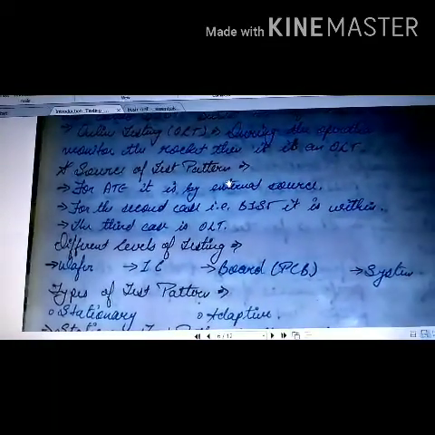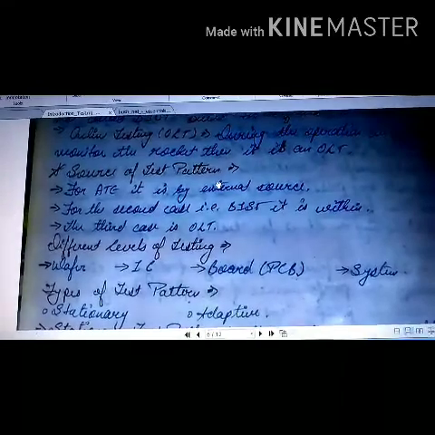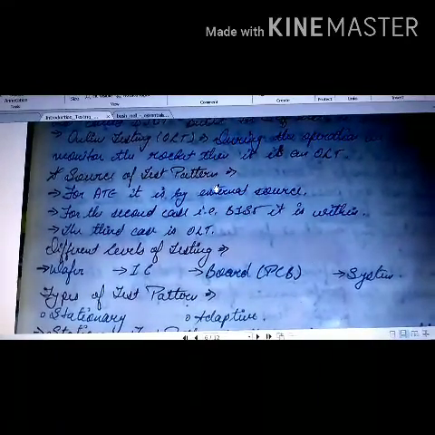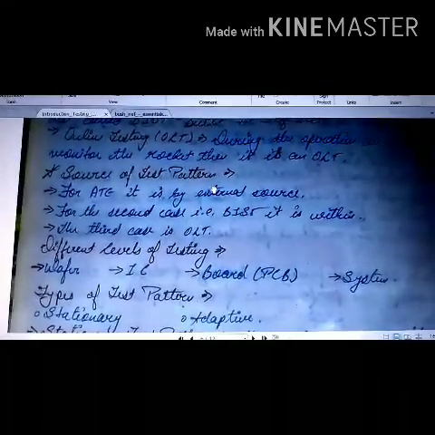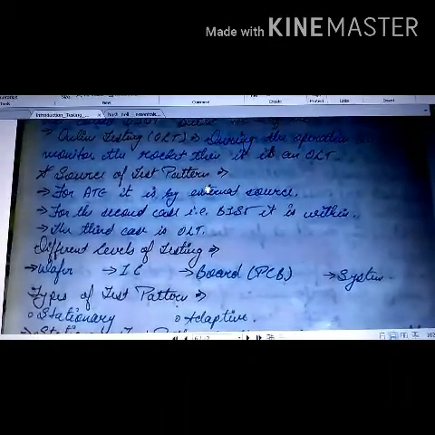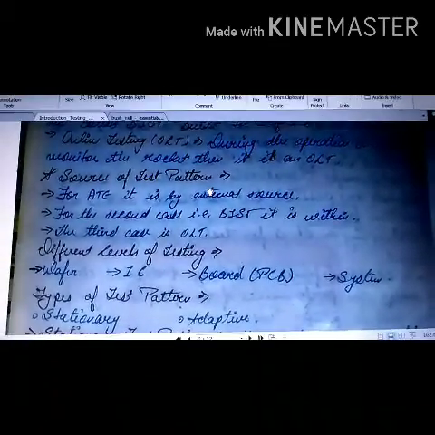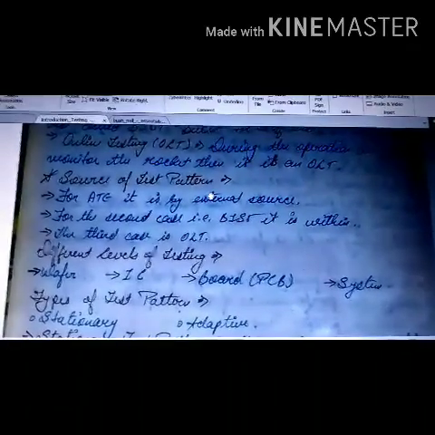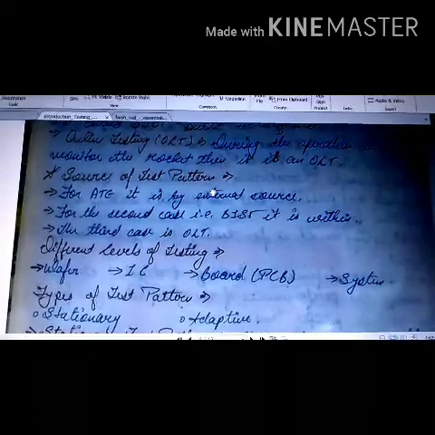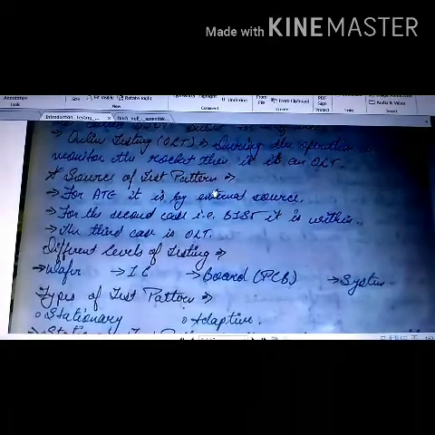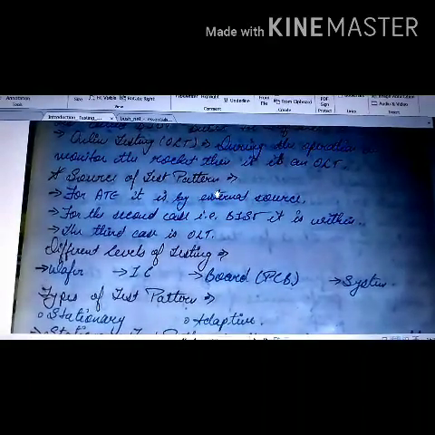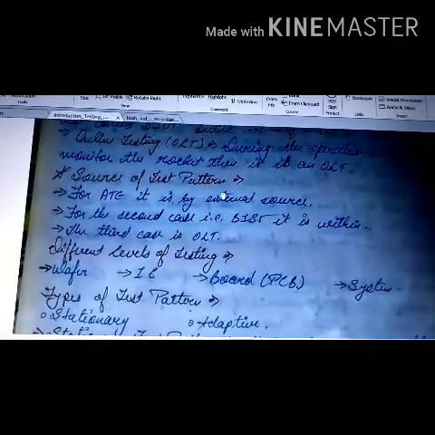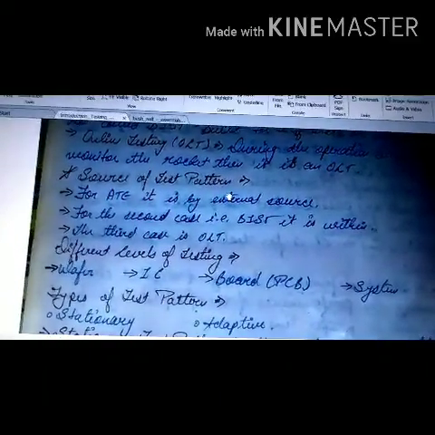This has been discussed very deeply in the last online lecture. Okay, and different levels of testing can be at wafer level, IC level, board level and system level. Okay, it all comes before manufacturing tests. At wafer level we will test whether the wafer is of particular resistivity or not, particular doping or not, it is P type, N type, and whatever the specification has been provided, whether it is following that specification or not.